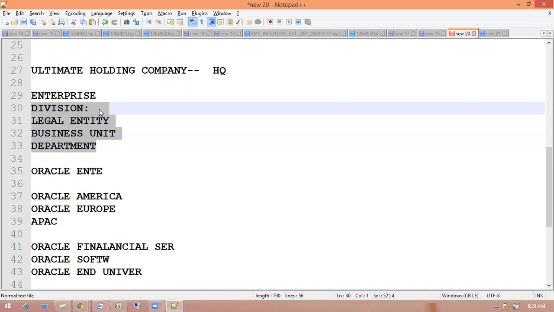If you have an enterprise, we can directly go for legal entity, so why does division come in between? What is the specific reason? Suppose you want to maintain security as per the division, or maintain sales profit and loss as per the division, or a division manager.